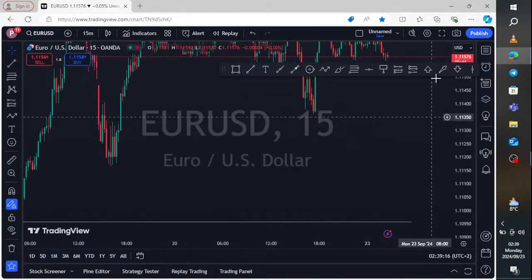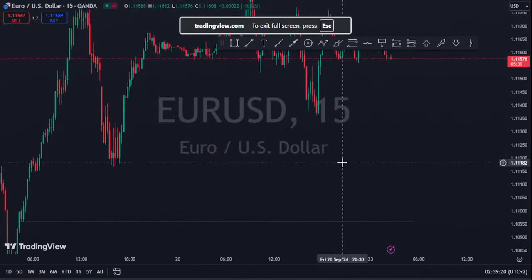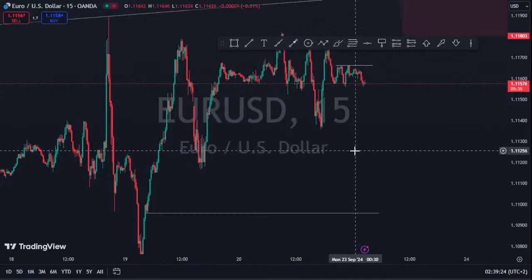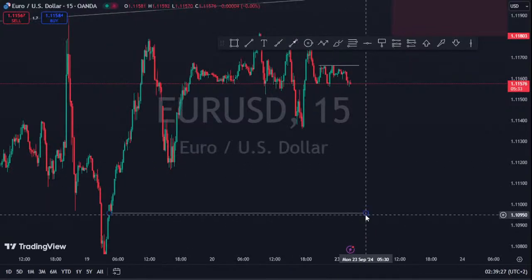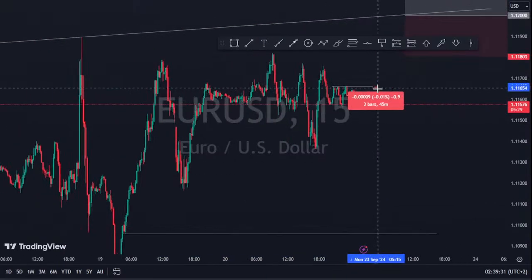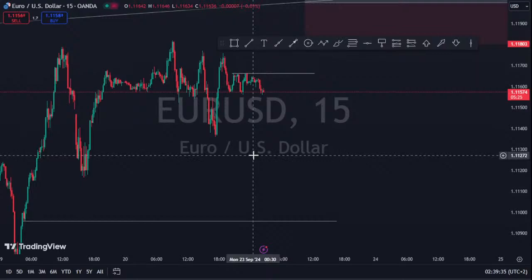Euro USD at this point, so now I'm letting you in on a series on how to go about trading Euro USD if you're someone who likes to trade Euro USD. So this might be your first start on how to track price, on how to go about price each and every day, and see how you can go about it. Currently on Euro USD you have two key areas that you can look for